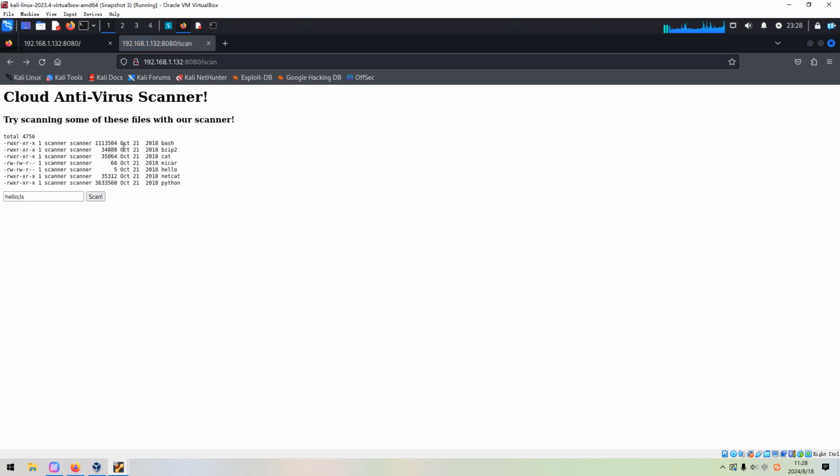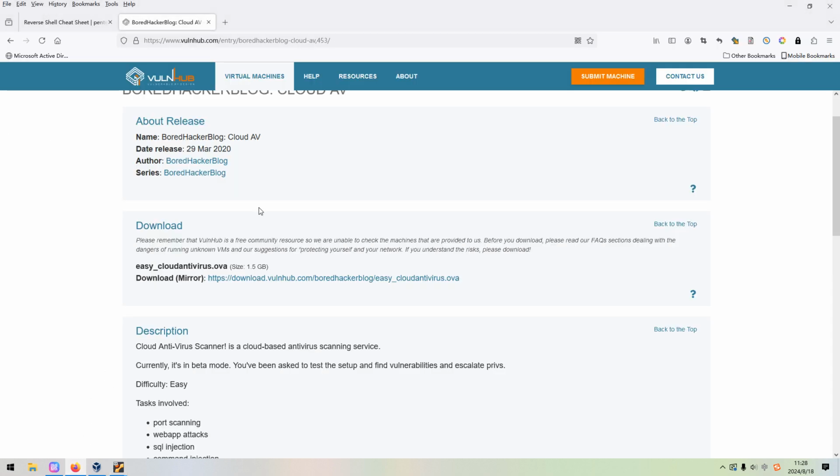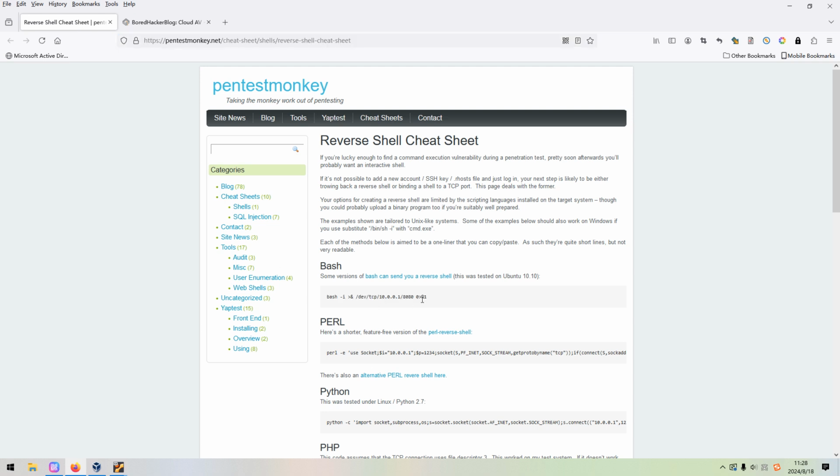So what do we have to do next? We need to get the initial foothold or shell on the target, and it's very straightforward. We just replace this command with a reverse shell command. I've already opened up the Pentest Monkey website.